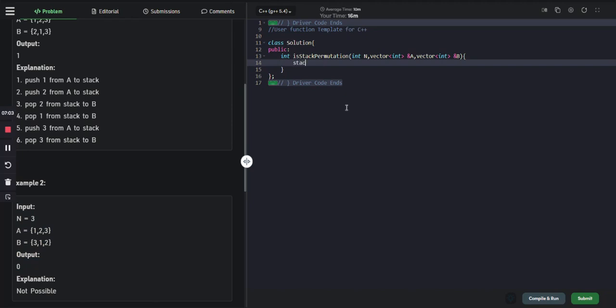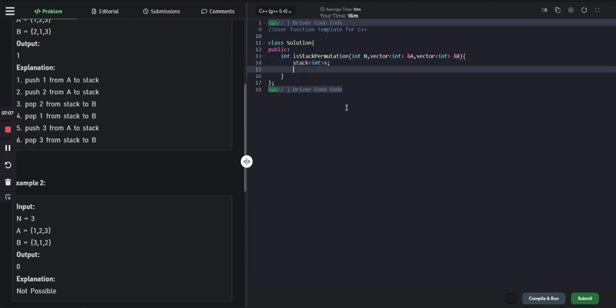So initially, first we need a stack S. So now we have a stack. So what we need to do now, we just need to, for int i equals 0 to i less than a.size, iterate over A, and i should be incremented,